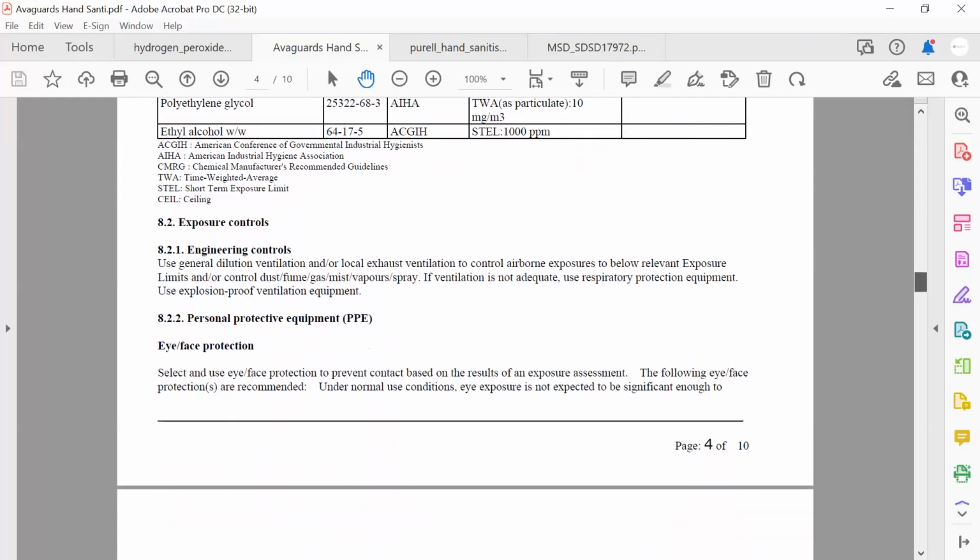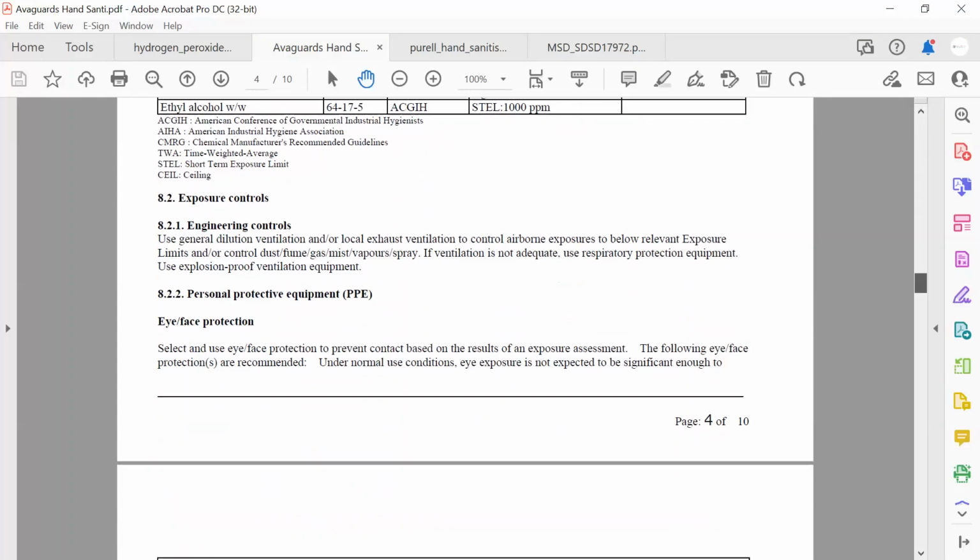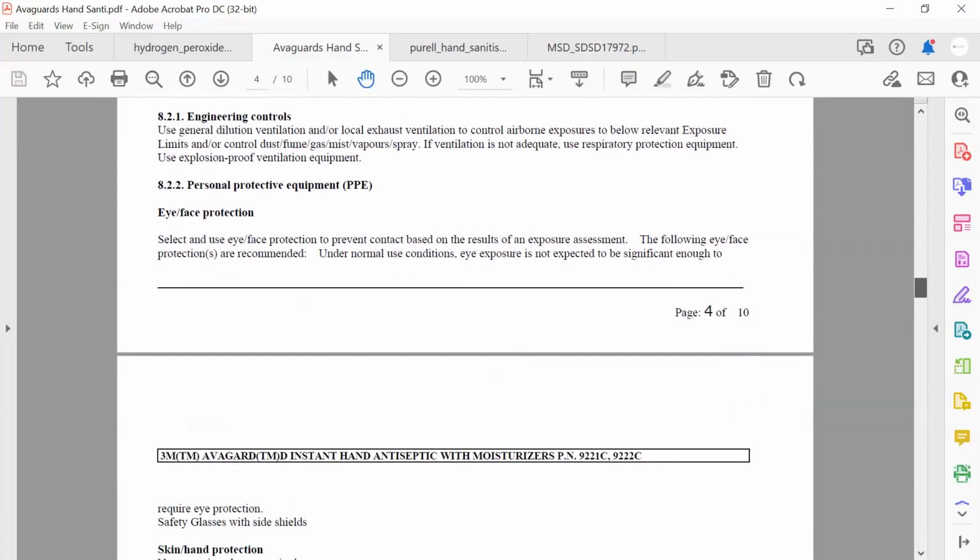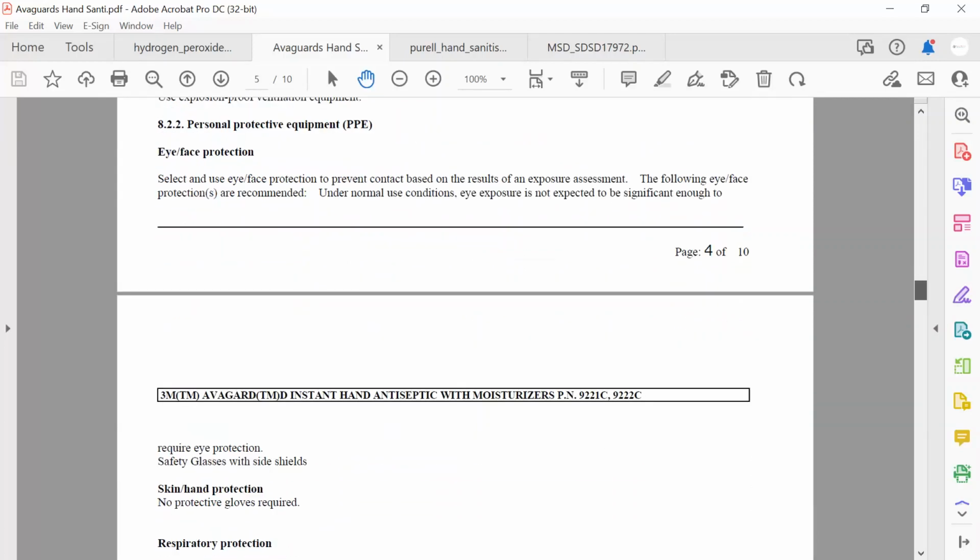Under normal use, eye exposure is not expected to be significant enough to require eye protection, but then they do also say safety glasses with side shields. So when I see something along those lines, since it says it's recommended, if I'm going to be using it for more than just one quick use, I would then go ahead and make sure my safety glasses and side shields are put on